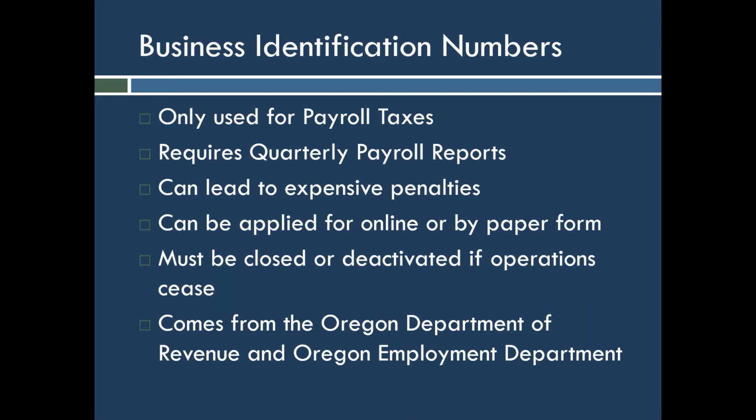If you don't have a corporation, but you choose to be taxed as a corporation, which is something that happens most commonly with LLCs, limited liability companies. Limited liability companies, without getting too much in the weeds, are disregarded. They're not recognized by the IRS. So LLCs have to choose how they want to be taxed, and it is common for LLCs to choose to be taxed as a corporation. Doing so oftentimes means that they have to get a BIN because they are being taxed as corporations.